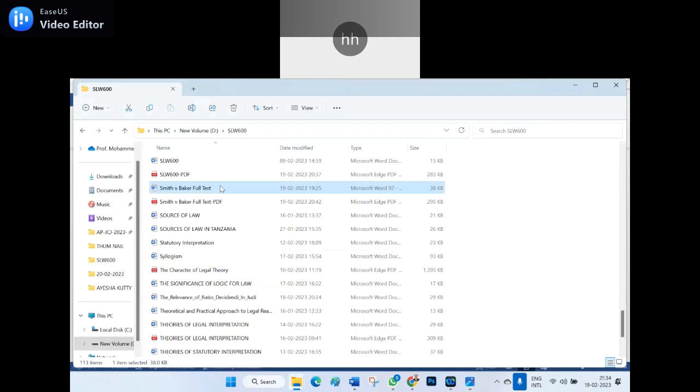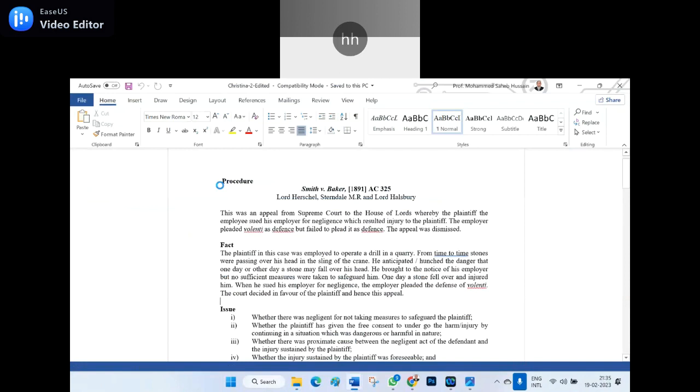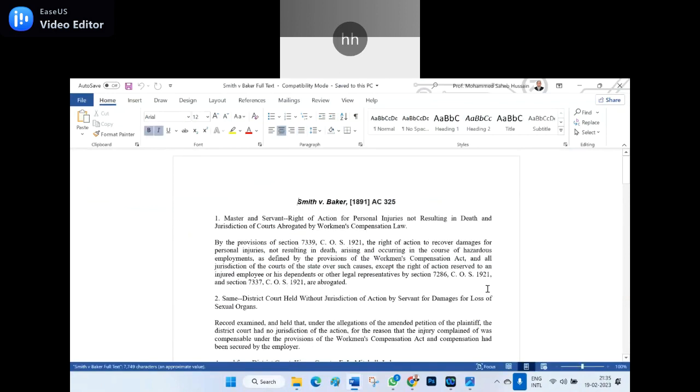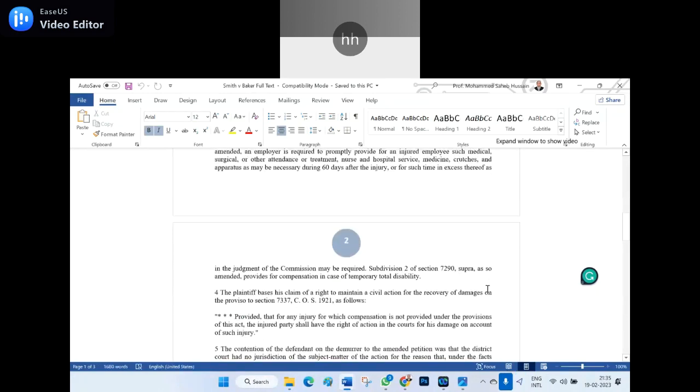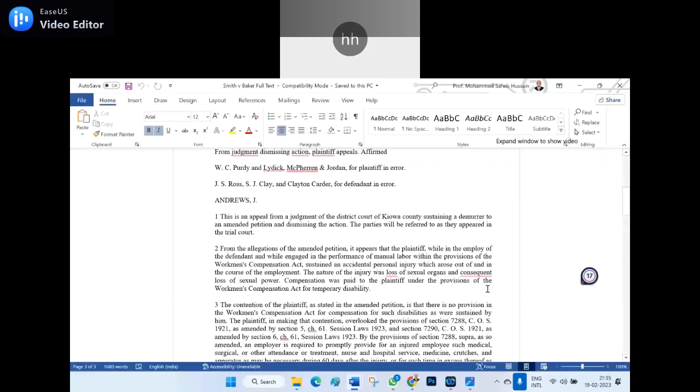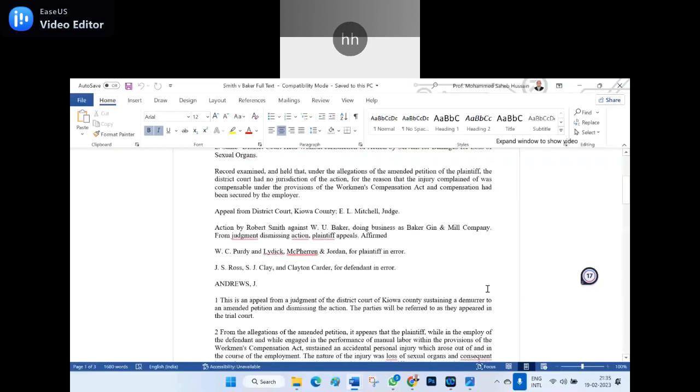Yeah, here you can see. Did you see here? Smith versus Baker, 1891 AC 325 is the original case law. They have given the original case law. This is the first page, this is the second page, and this is the third page. Only 3 pages are there. In the 3 pages, you have to read it and find the facts from there which are very much relevant to it, from the original case law. Is it clear? Say yes. Anyone can unmute and say yes.